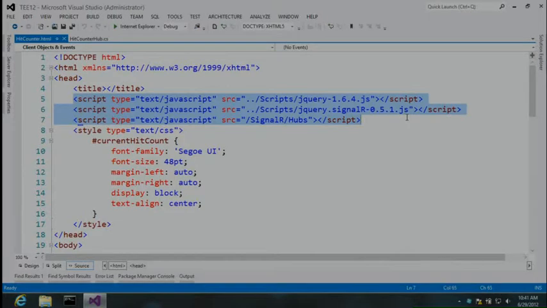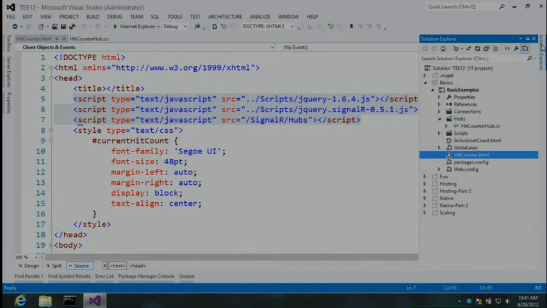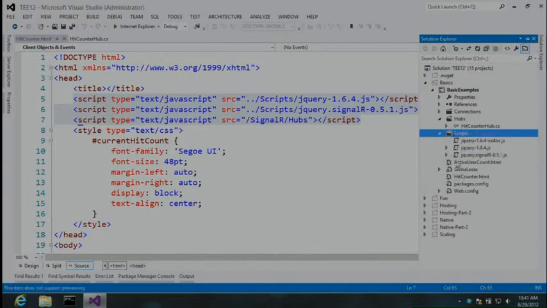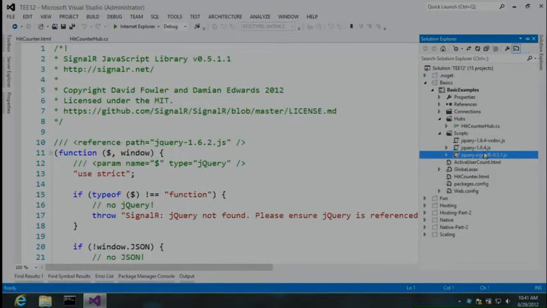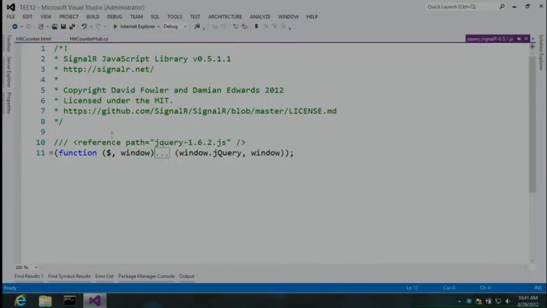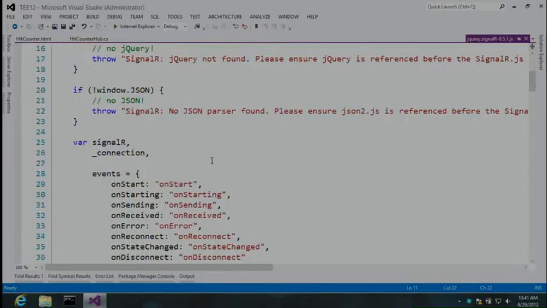So the first thing you do is you import jQuery. The second thing you do is you import the jQuery SignalR file, and that file you get whenever you do an install package SignalR from NuGet. You can get this from NuGet. It's free. It's widely available. You can party with it without very much effort at all. And just to show you the answer to that question,